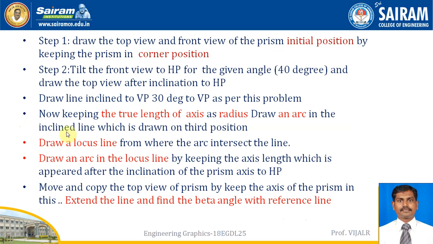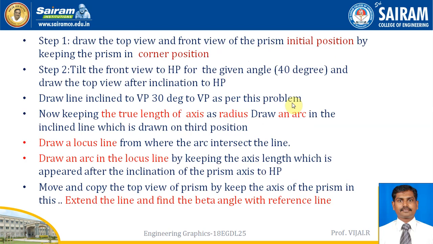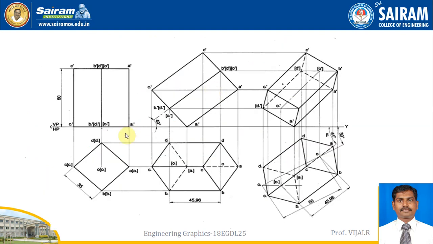Next is inclination. What is inclined and how is it inclined? The given angle here is that the prism is inclined to HP at 40 degree and VP at 30 degree. So draw 40 degree for the inclination to HP as per the above instructions. Just take the corner A, draw the 40 degree. Since it's a prism, you can make the same angle here and here. So it will be over. Draw the top view. Until this, no problem will come. So if you draw the first question and second question, half of the problem is solved.